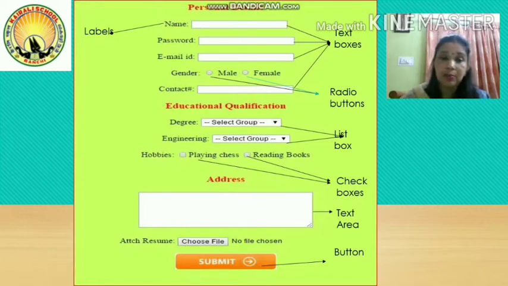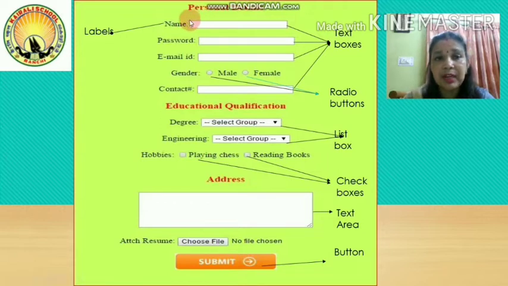Like the first, I'm showing you the example page here. Suppose I'm going to collect the personal details of a particular person. Here these are known as labels, and you have to create them on your own. You don't have any tag for this. You will simply write it as you write other characters, words or sentences in the web page. In the same way you will write all these labels, and you can obviously apply formatting. You can change its color, bold, italics, whatever feature you want to apply.